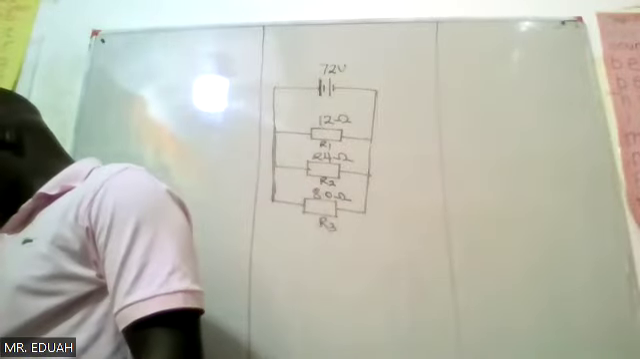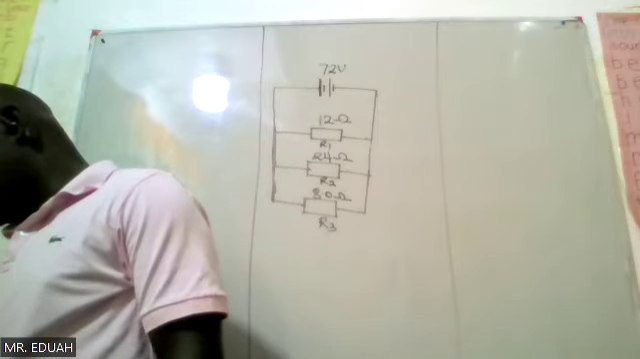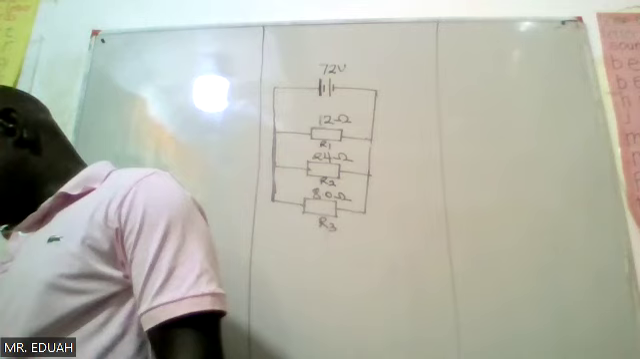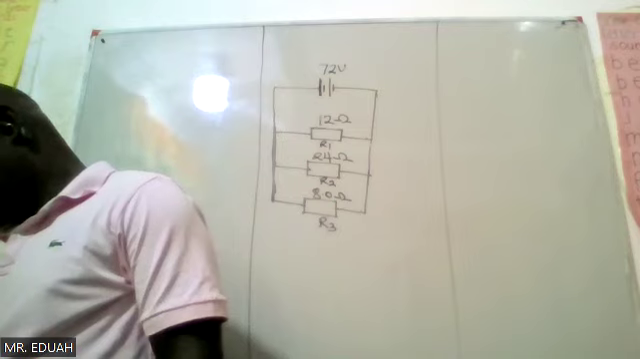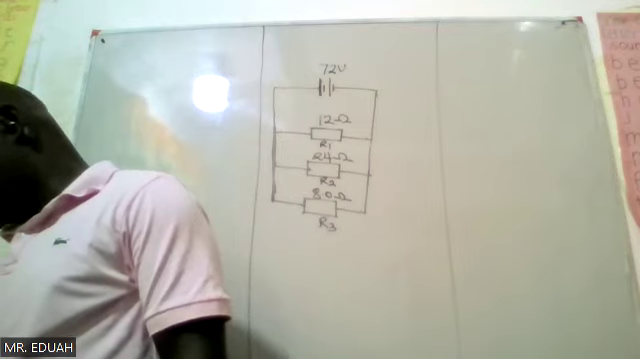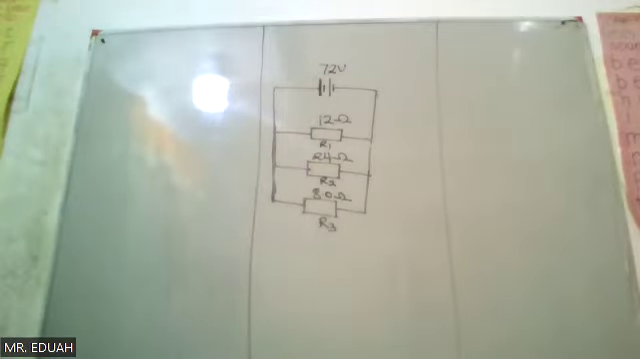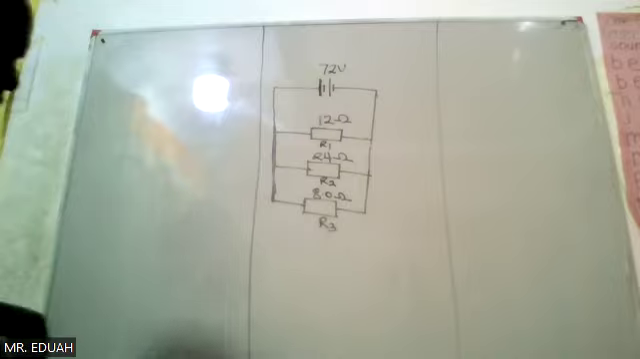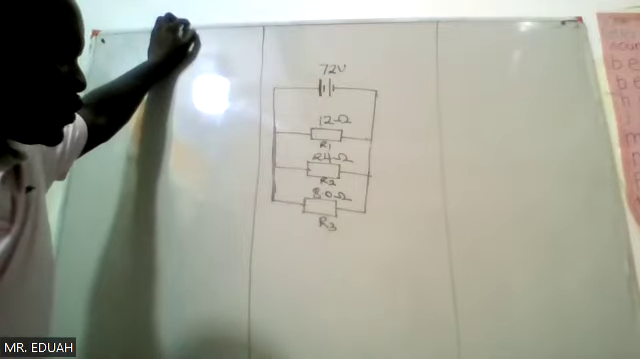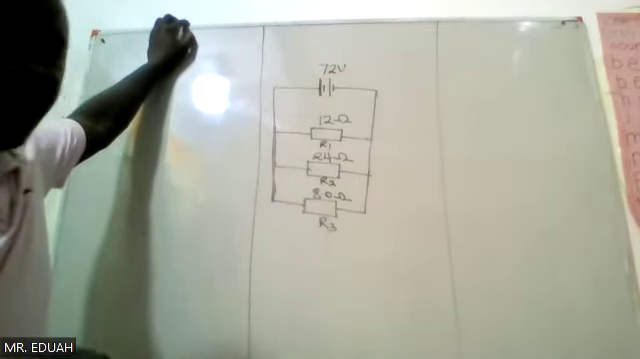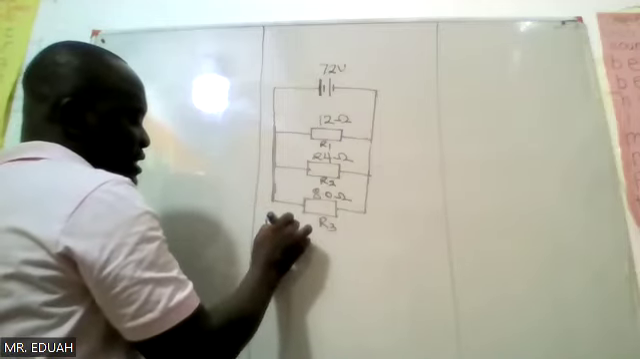So what is the current, voltage drop and power of each of three appliances connected in parallel to a 72-volt source? The resistances of the three appliances are 12 ohm, 24, and 8. So we are looking for what is the current,